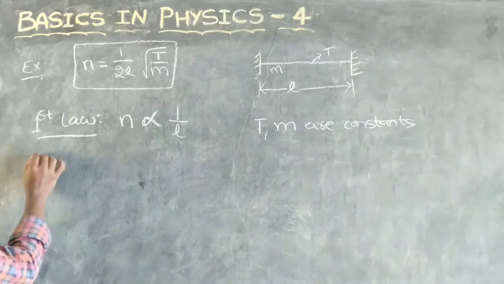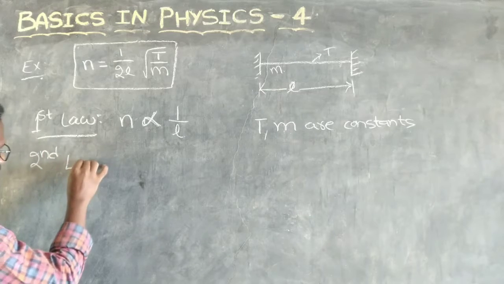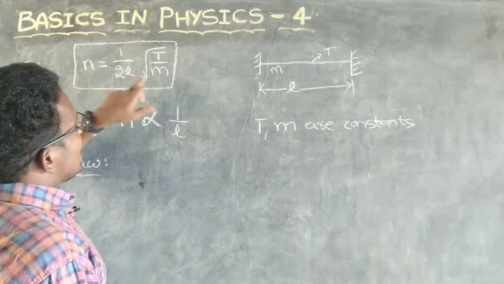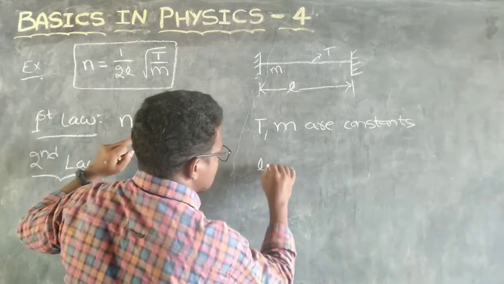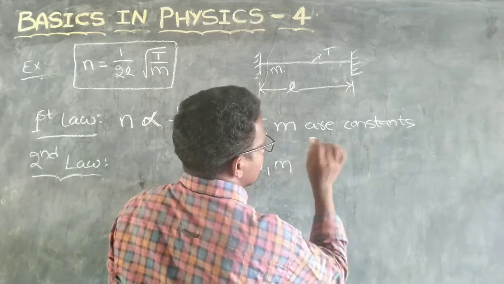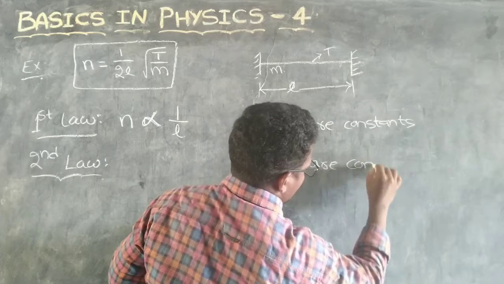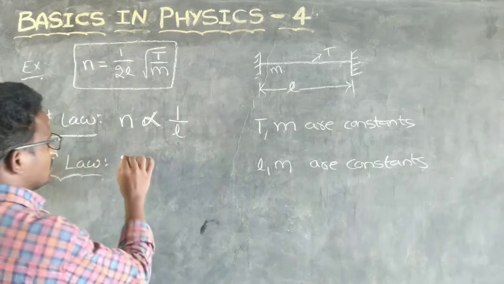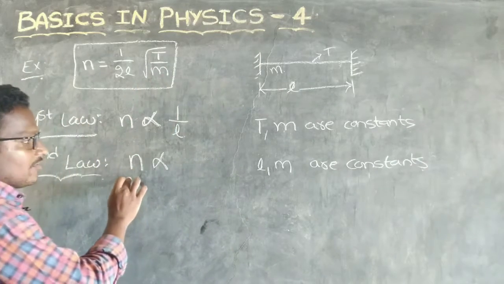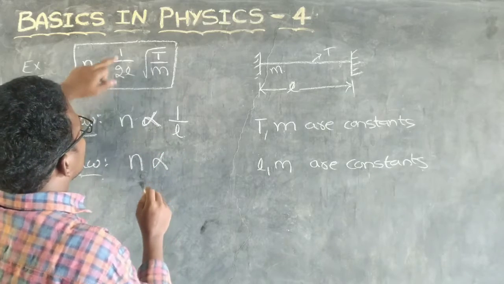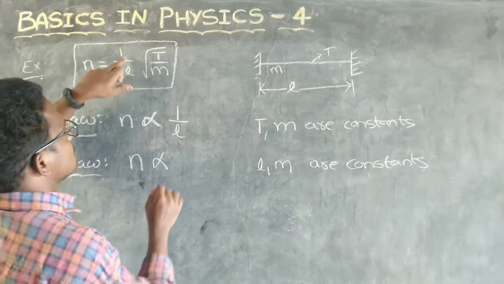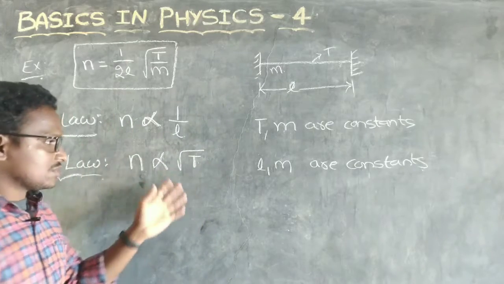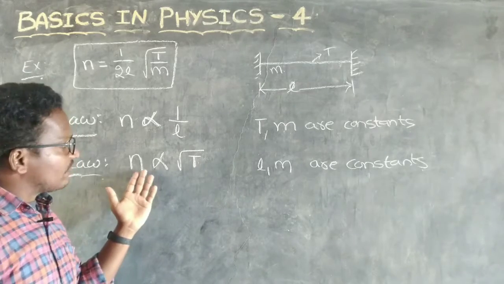Then see the second law. What is the second law? Here both L and M are constant. What is L? Length and linear density are constant. So here L and M are constant. So N, the fundamental frequency, is proportional to, here L and M are constant, so what is remaining? Under root T. So see, the fundamental frequency of